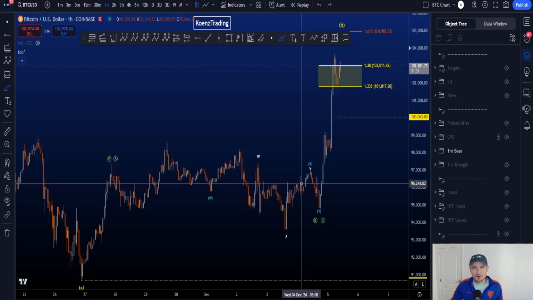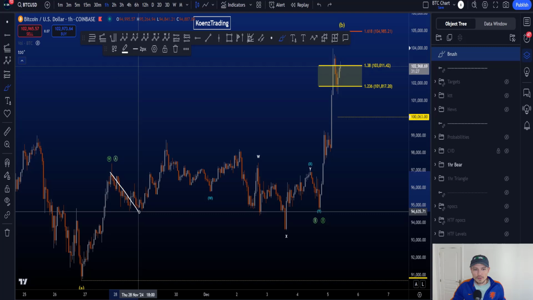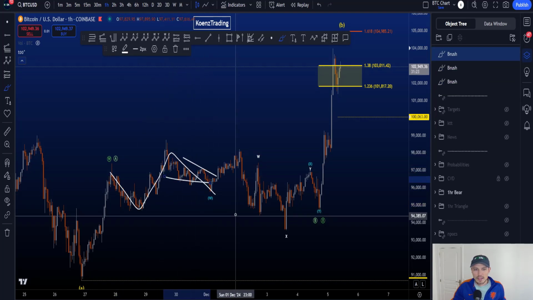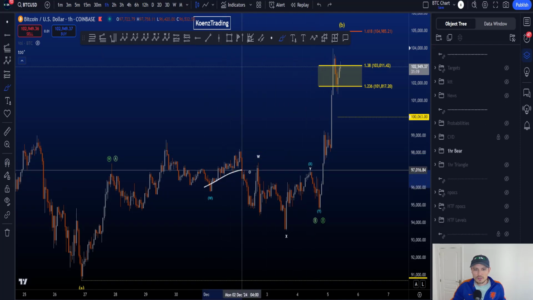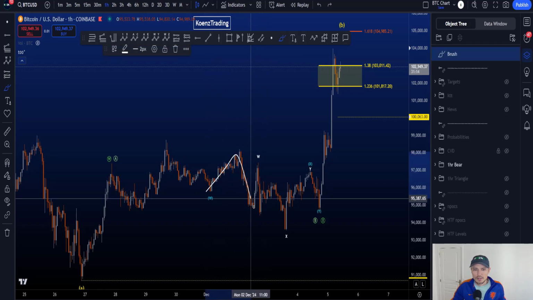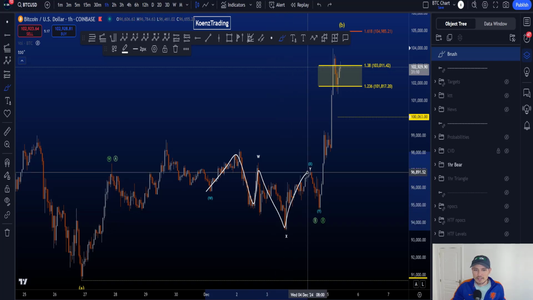Now, in a little bit more detail, your W here is a running flat, 3-wave A, 3-wave B, 5-wave C, which then is a diagonal. Then you have your wave X, which of course internally is a WXY, but this W is again 3, 3, 5 running flat, zigzag in X, and then a zigzag in Y, and then you have a final zigzag in